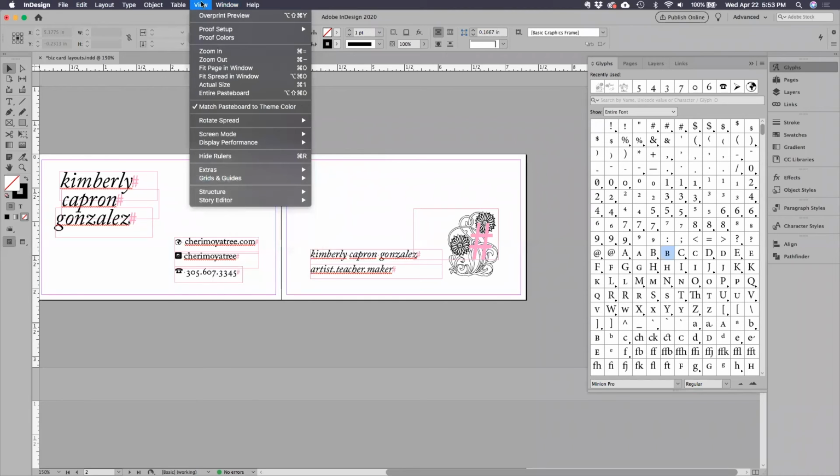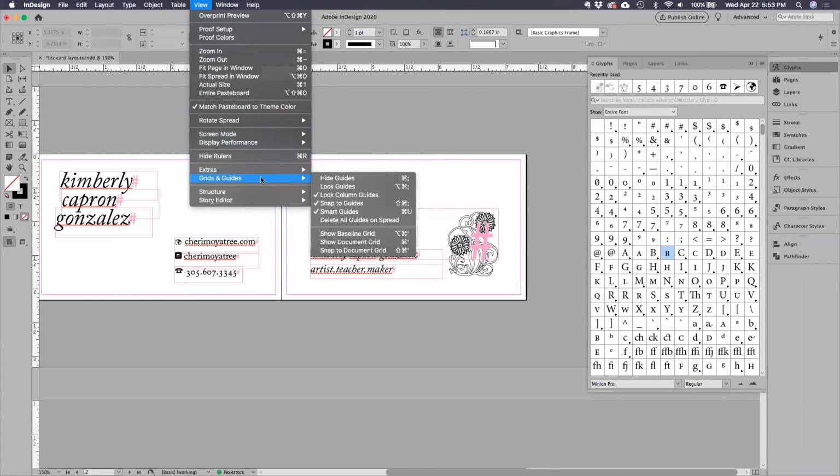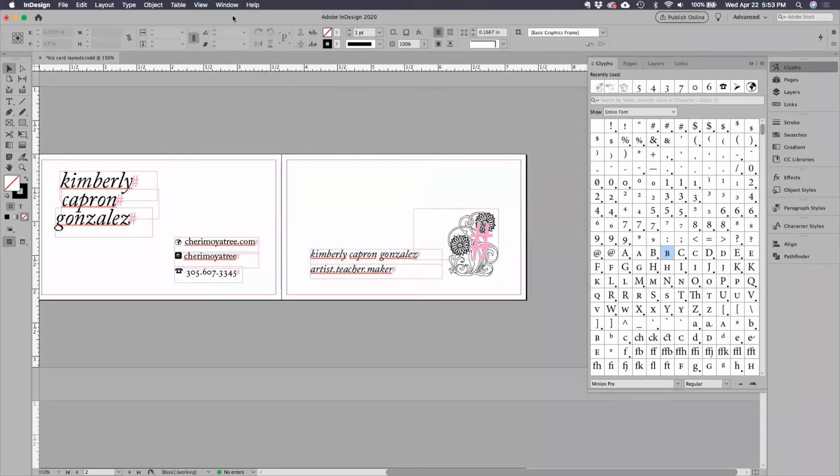Window, it should be in view. Column guides, extras. I have to find out what those are. I'm not exactly sure what those are. Conveyor, I think that might be, is that it? No, I don't know what it is. I have to find out. They look like paragraph. It looks like a paragraph or the end of something. I have to find out. Anyways,